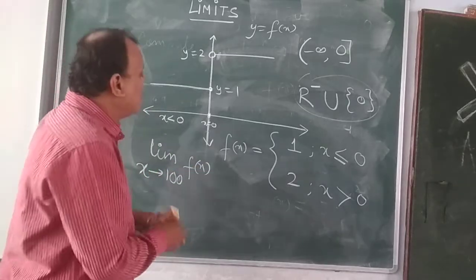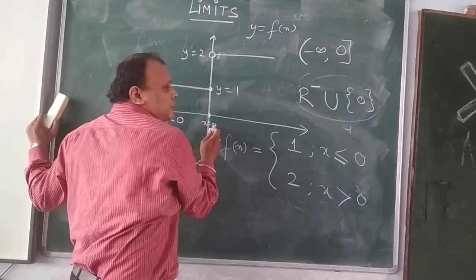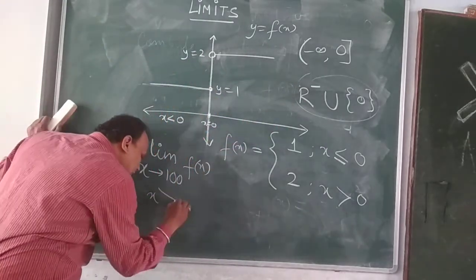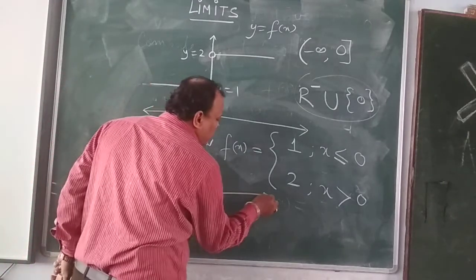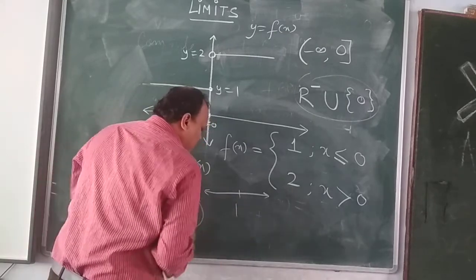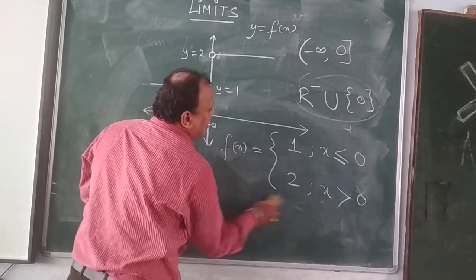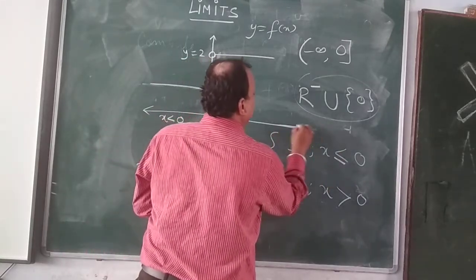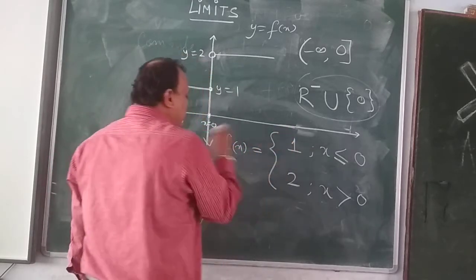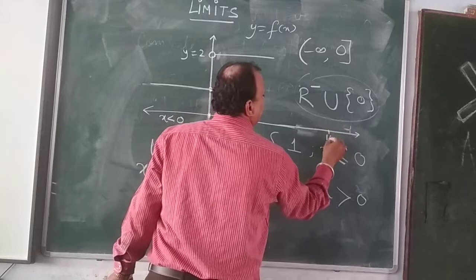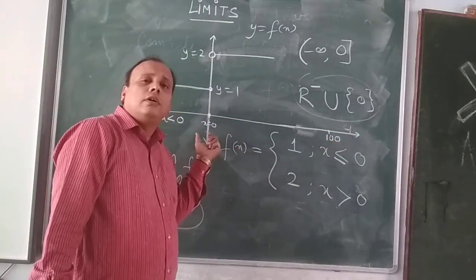At 100. So it is very clear that we are far away from the origin, and clearly x is greater than 0. And so in order to depict that particular information, we will draw this on the number line, or we can show it on the x-axis here itself. Suppose the scale is brought down so much, nearer to 0, I can have 100. 100 is very far from the origin.